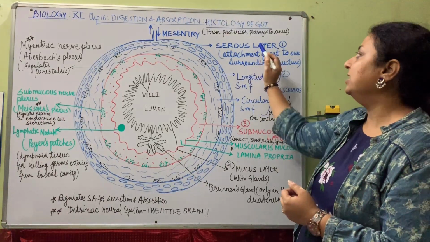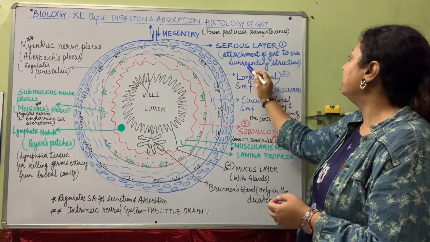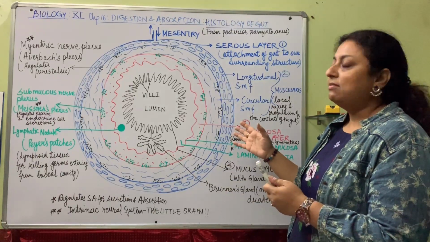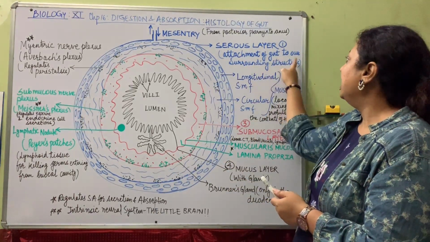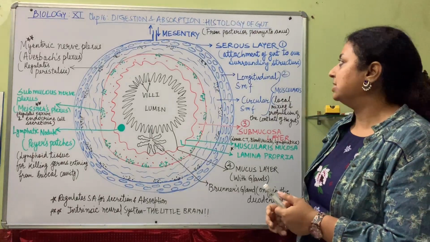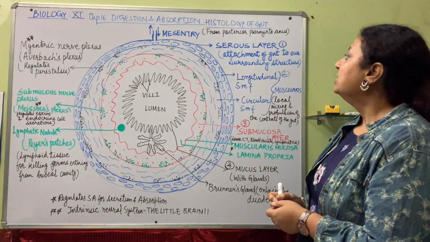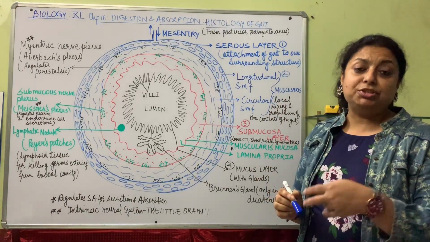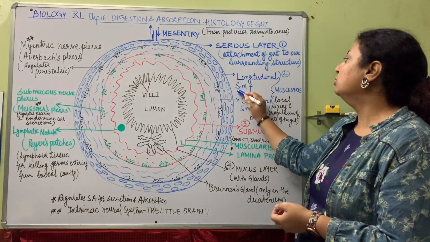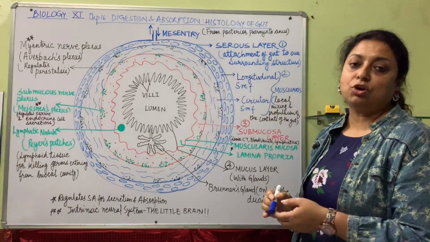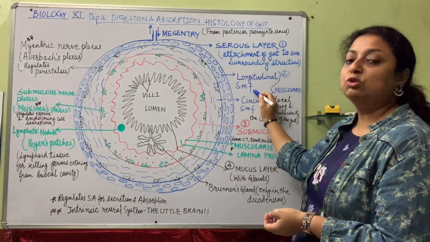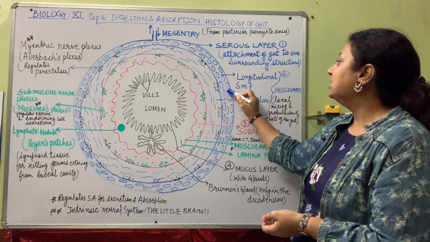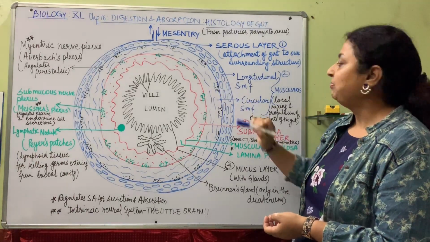Now the serous layer is the attachment of gut to our surrounding structures. So it is helping to keep the organ from dislocation from its position, and it is helping to attach the gut to the surrounding structures. That is serous layer, right? After that we move to the next inner layer, that is muscularis, which is again divided into two sub-layers. The outer is longitudinal smooth muscle fiber, SMF stands for smooth muscle fiber, and inner to that is circular smooth muscle fiber. We can see here the transverse section shows this kind of cross section, right?